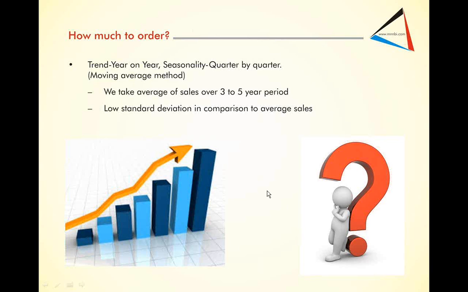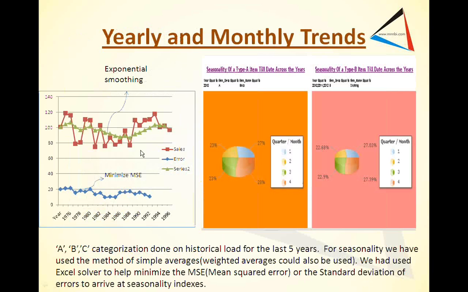So basically we are looking at trend year on year and seasonality quarter by quarter. We looked at it on an average 3 to 5 year period. Say I've got a sales graph like this. I do an exponential smoothing, which is a standard process, and I get my mean square error. I calculate the mean squared error, and the method we used was to minimize the mean squared error over the given period in time